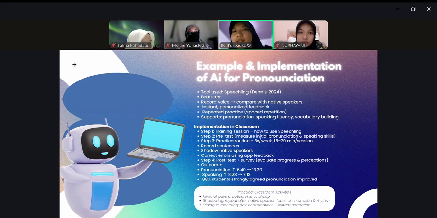For example, practicing minimal pairs such as sheep versus ship to identify sound differences. A shadowing exercise is where students repeat after native speakers while monitoring intonation and rhythm. And the last is short dialogue recordings, where pairs of students practice conversation and receive feedback instantly. In short, these examples show how AI can be applied step by step in pronunciation training, from structure, practice